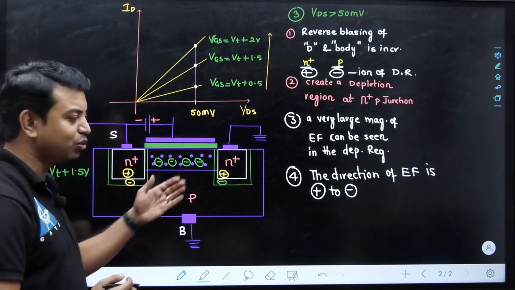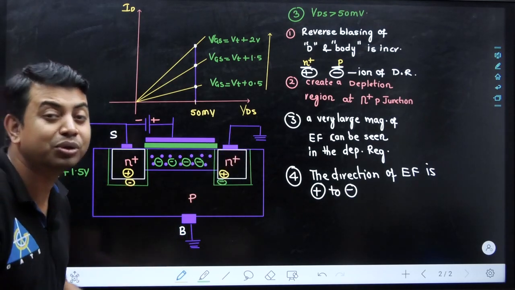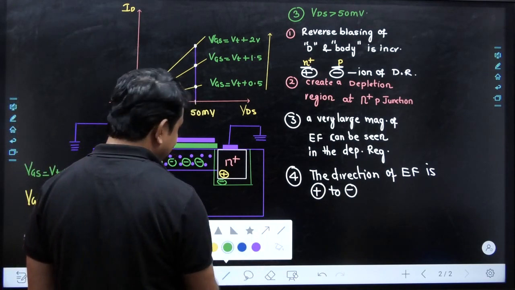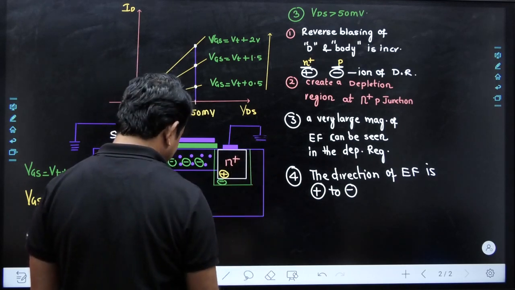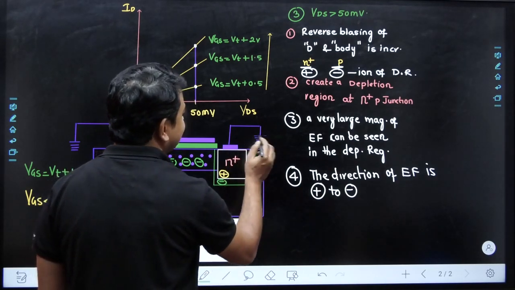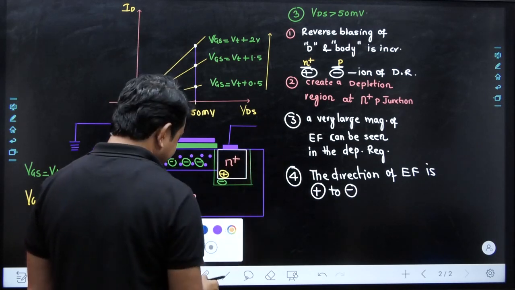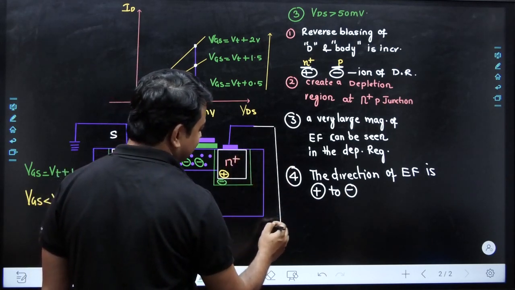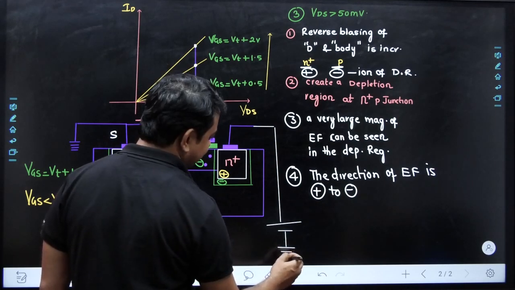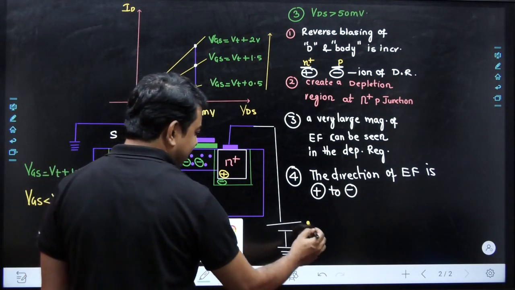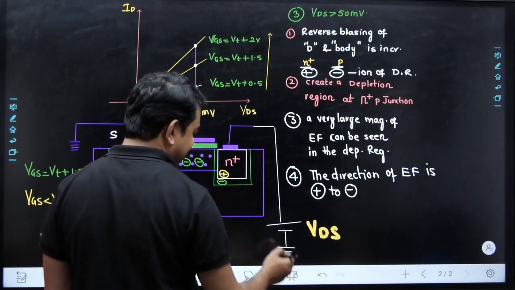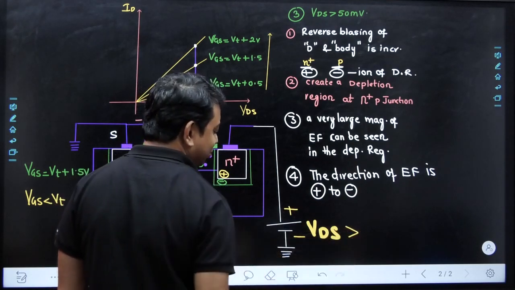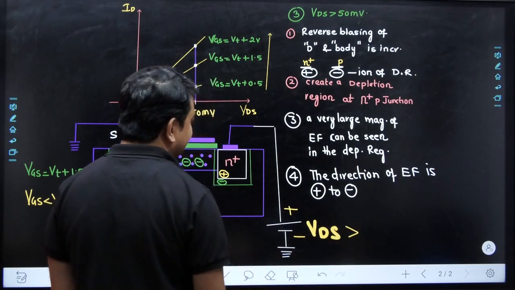As we are increasing the voltage, now it is at equilibrium. Now we want to increase the voltage. As we increase the voltage from this particular ground voltage to some amount of voltage applied at this drain terminal, what will happen? Understand carefully, by application of this voltage, whatever we apply at this particular terminal with respect to ground. So for a clear picture, I have drawn VDS here, which is taken as positive this side, negative this side. As we increase this voltage more and more, then what will happen?